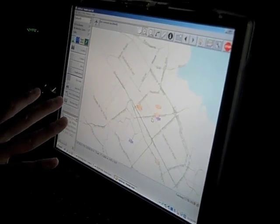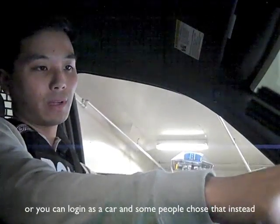And the way we can log into the system, we can either log in and display our call sign, like this person here is L29. I've logged myself in as L10, that's my call sign. Or you can log in as a car, and some people choose to log in as a car number, so we can see 5224 is driving the